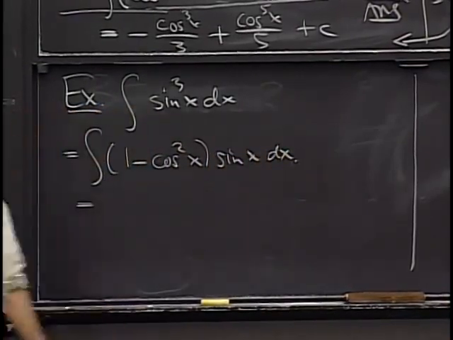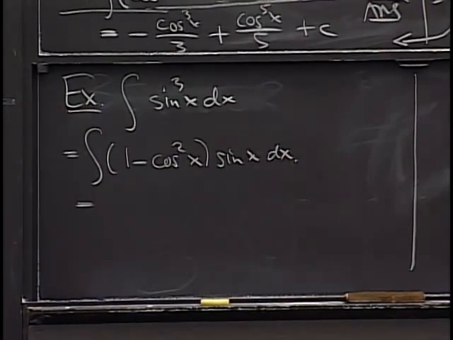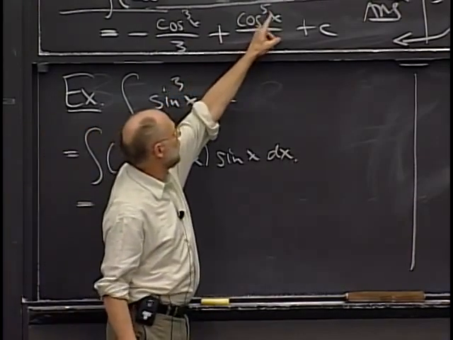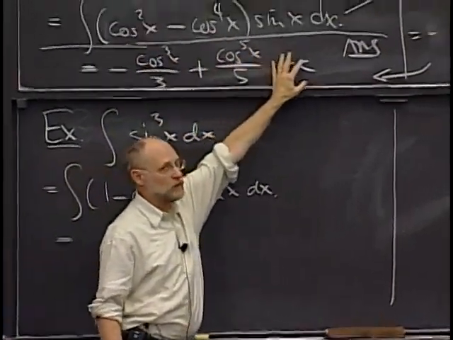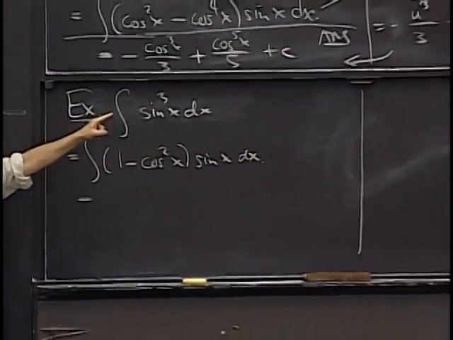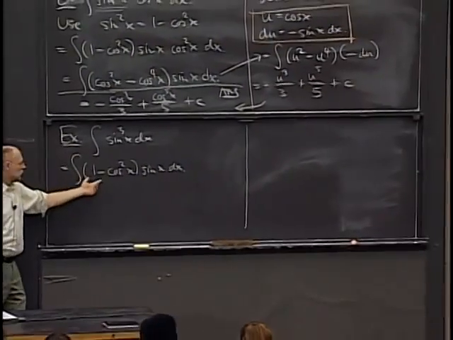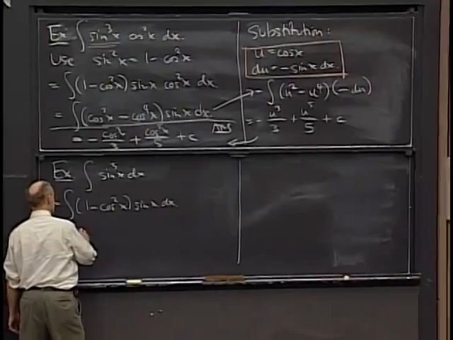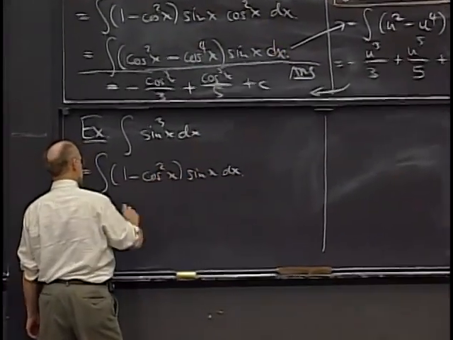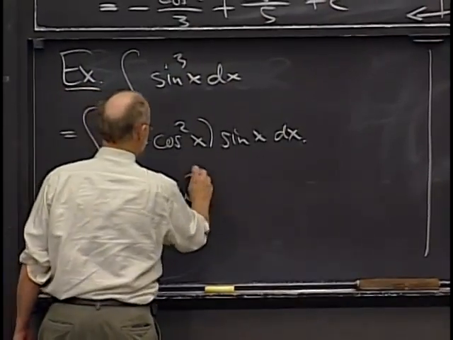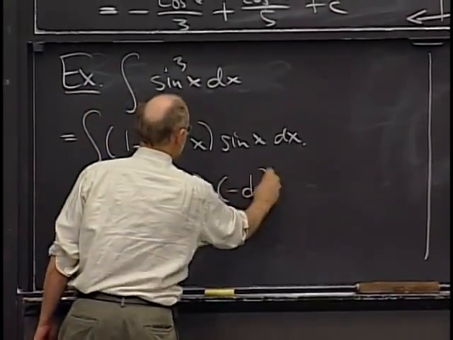Well, now I'm very happy because it's just like the situation we had up here. I've got a power of a cosine times sine of x dx. So exactly the same substitution steps in. You get, and maybe you can see what happens without doing the work. Shall I do the work here? I'll make the same substitution, and so this is 1 minus u squared times minus du,